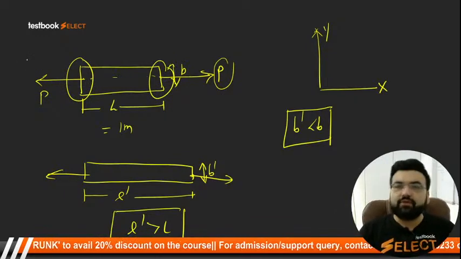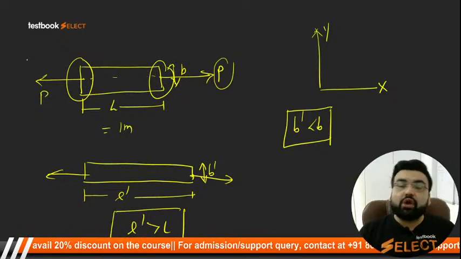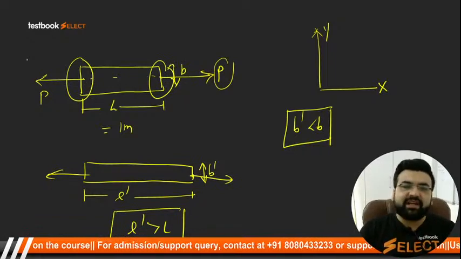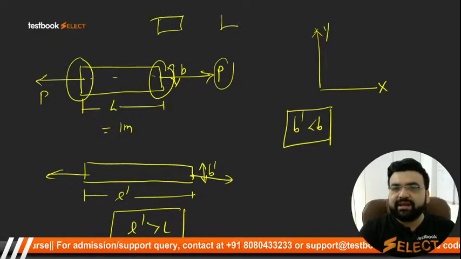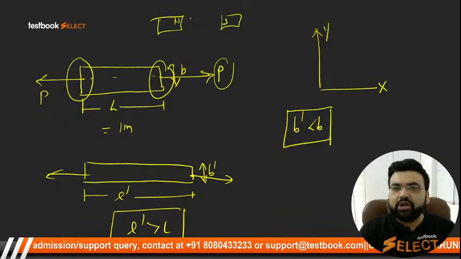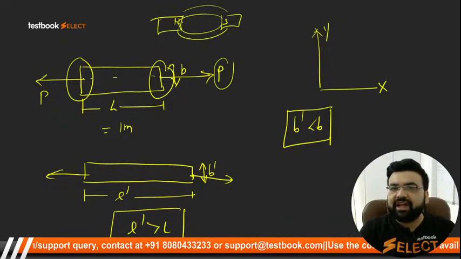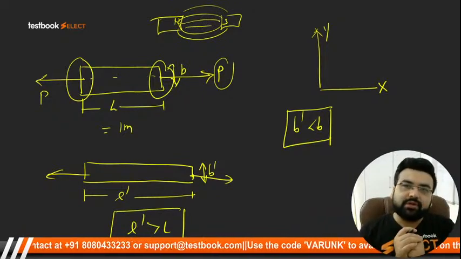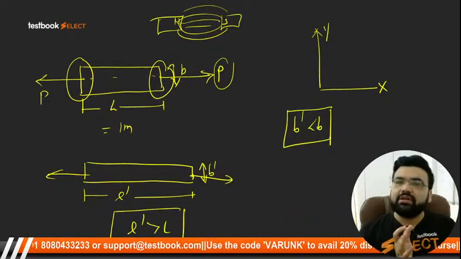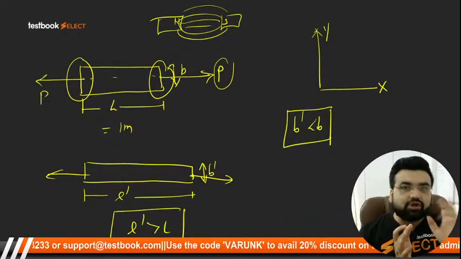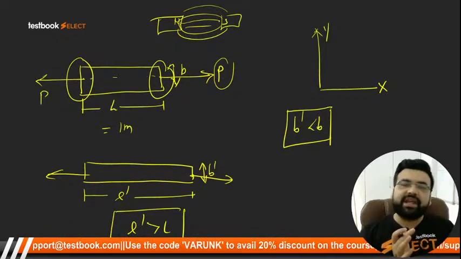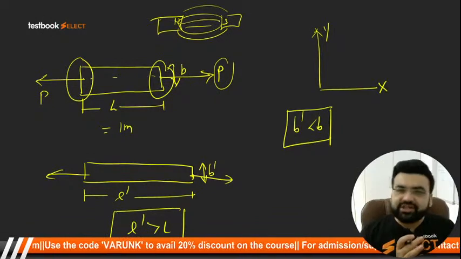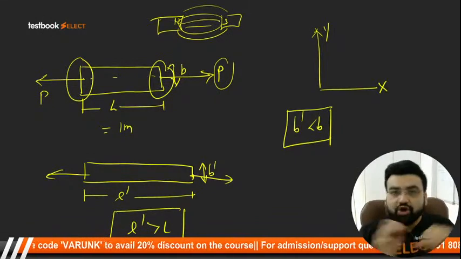For example, the magnetic force. The magnetic force does not need to be in contact with the iron or with another magnet. Just by placing a magnet, for example, एक magnet आपका ये है, एक magnet आपका ये है, ये north pole है, ये south pole है, automatically they are going to attract because of the magnetic field lines. They do not have to come in contact with each other. Without coming in contact, they can also show their effect. But that force is not called a mechanical force. That has a different name, the magnetic force. Similar goes with the electric field, electric force. I hope you are getting it, right?